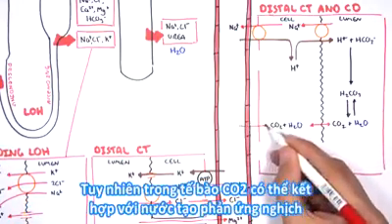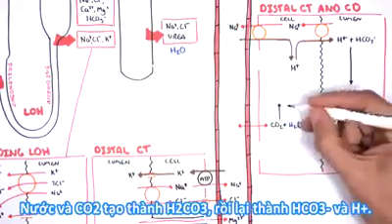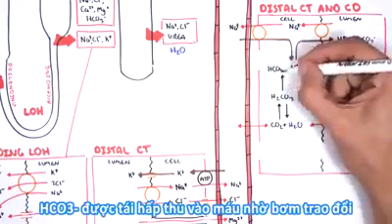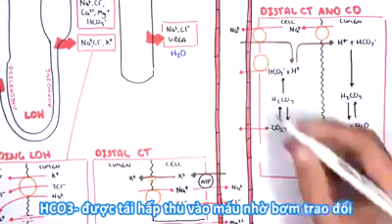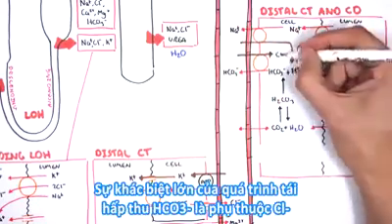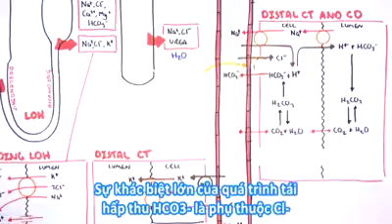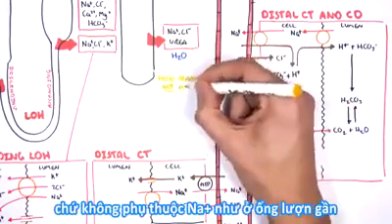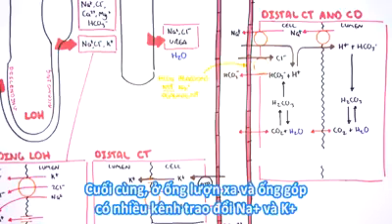Within the cell, however, carbon dioxide can react with water again, and the reverse reaction can take place. Water and carbon dioxide become carbonic acid, and then again bicarbonate and hydrogen ions. Bicarbonate reabsorption into circulation uses an exchanger, a bicarbonate-chloride exchanger. And so the big difference in the reabsorption of bicarbonate here is that it relies on chloride rather than sodium, and so it is not sodium dependent like the proximal convoluted tubule.